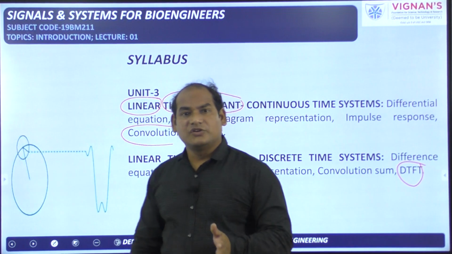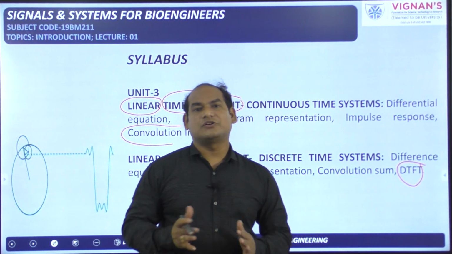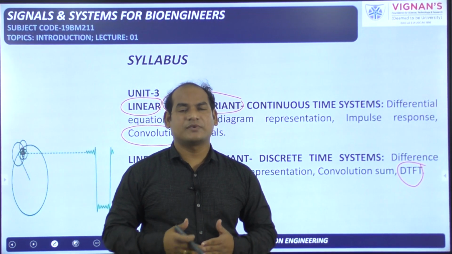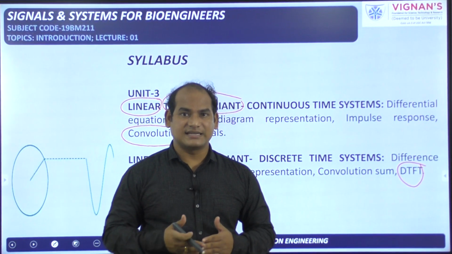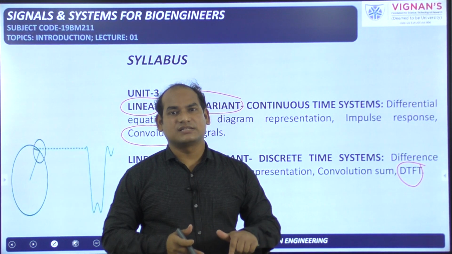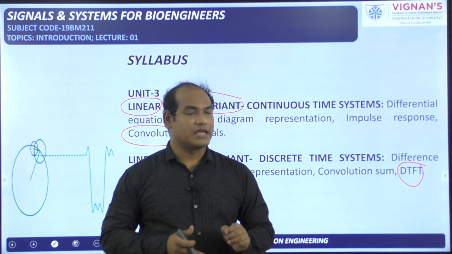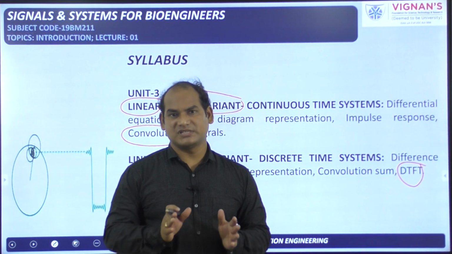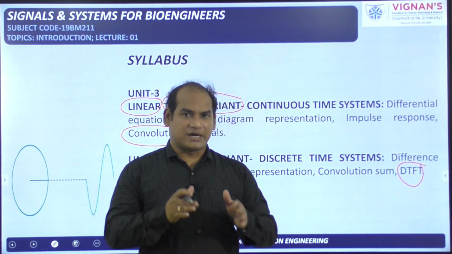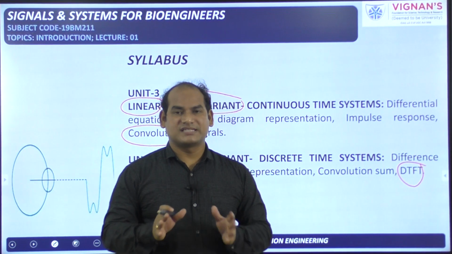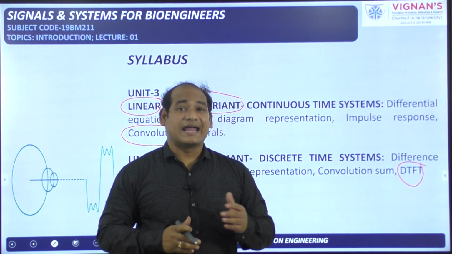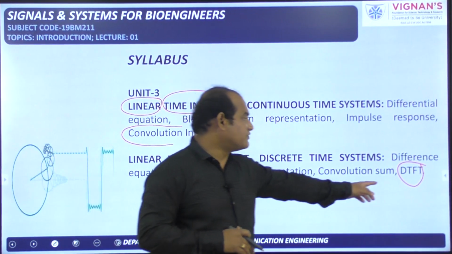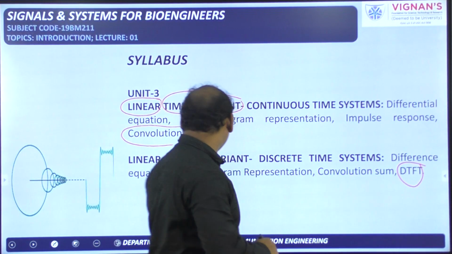And in the second unit itself, we have seen for continuous signals how we can apply the Fourier series, Fourier transform and Laplace transform. And I already said that for discrete time signals we need to apply the DTFT, and the counterpart of the Laplace transform is the Z transform. Z transform is not in your syllabus, but I will try to teach some basics of the Z transform also. For discrete time signals, the Fourier transform is the DTFT, which we will see here.